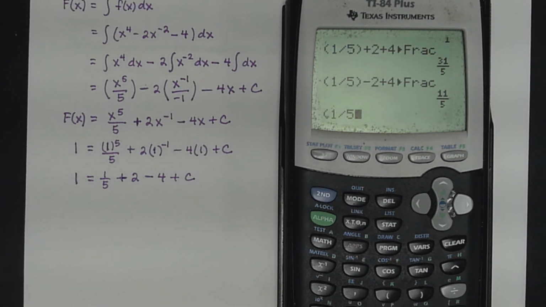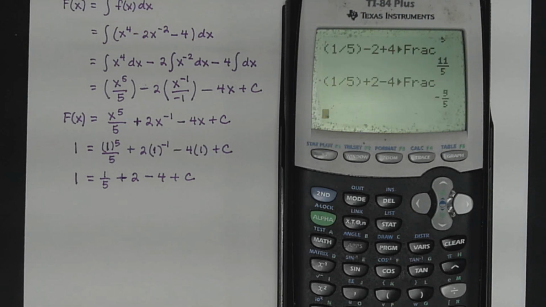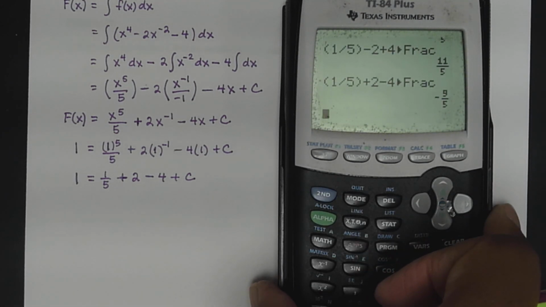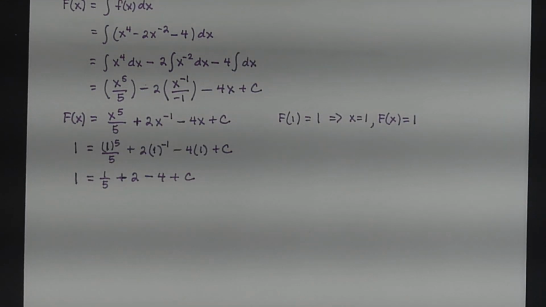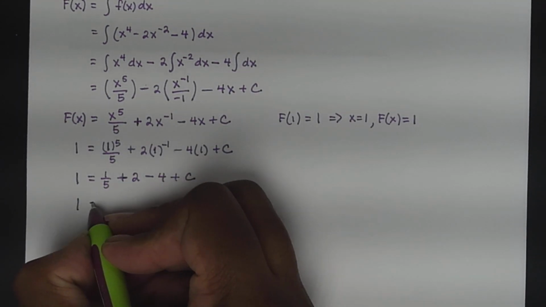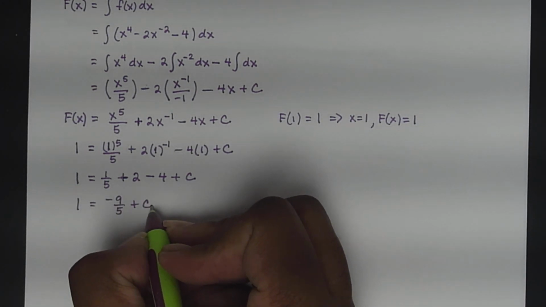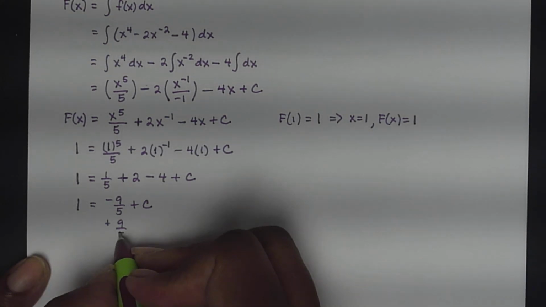1 divided by 5 plus 2 minus 4. Math key, number 1 for fraction. Yeah, negative 9/5. So I have 1 is equal to negative 9/5 plus c. And then if I add 9/5 to both sides,